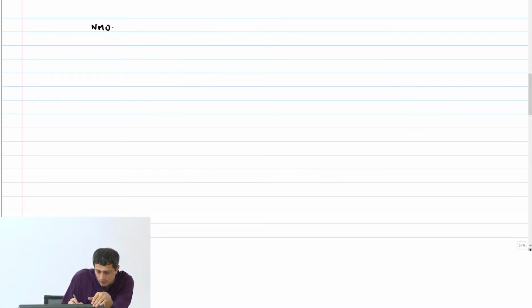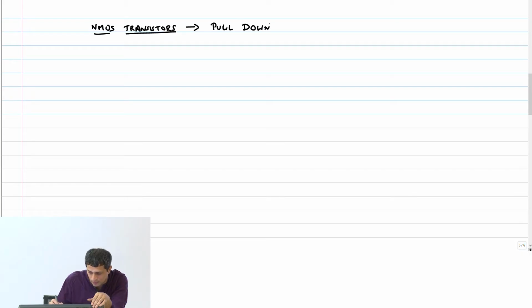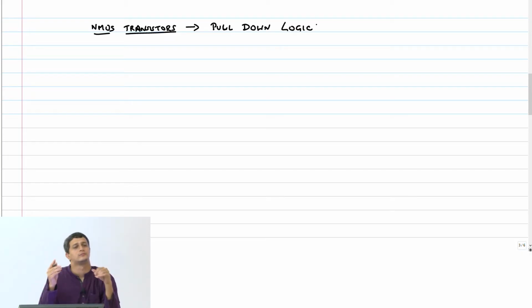And therefore, the problem with using these NMOS switches is it is not equivalent for both logic levels, right? So the conclusion is that NMOS transistors can be used only for pull down logic. It can be used to pull the output low in some cases. In other cases, the NMOS transistor will not help because they cannot pass a logic 1 fully. You cannot get a rail to rail output with logic 1.